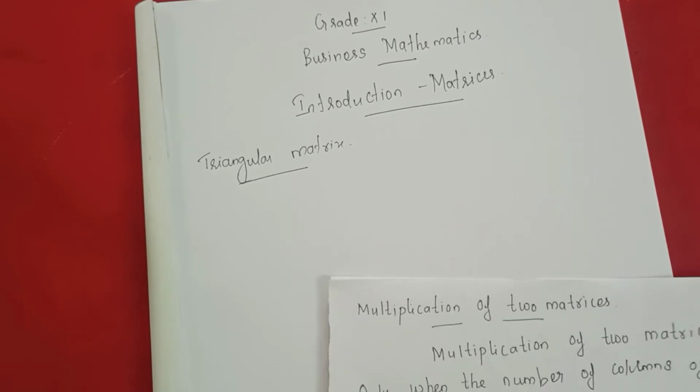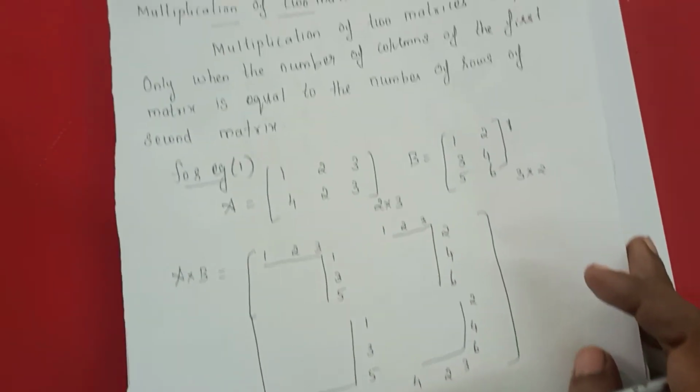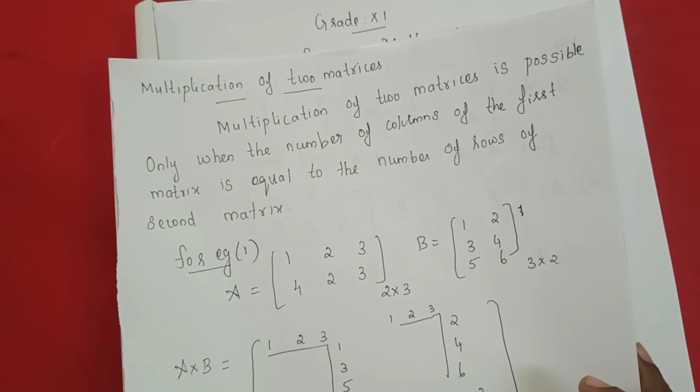Multiplication of two matrices. So now I have taught you how we will multiply by a scalar, how we will add and subtract, how we will find the negative of a matrix. It is very important, multiplication of two matrices. So on this only there is a lot of confusion you will make. If you don't know to multiply two matrices, we can't learn anything in matrices. So you need to be very careful and need to work out a lot of problems. I will give one or two questions. But if you are seeing in your 10th grade book, there are a lot of problems. You can go through that whenever you are getting time. Please sit and work out that. Okay.